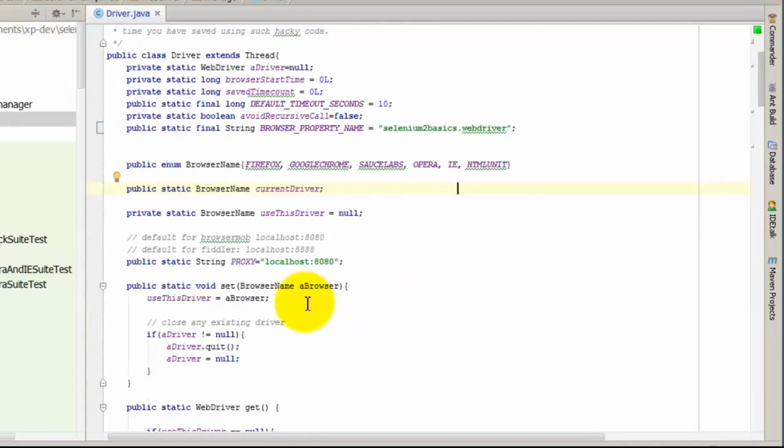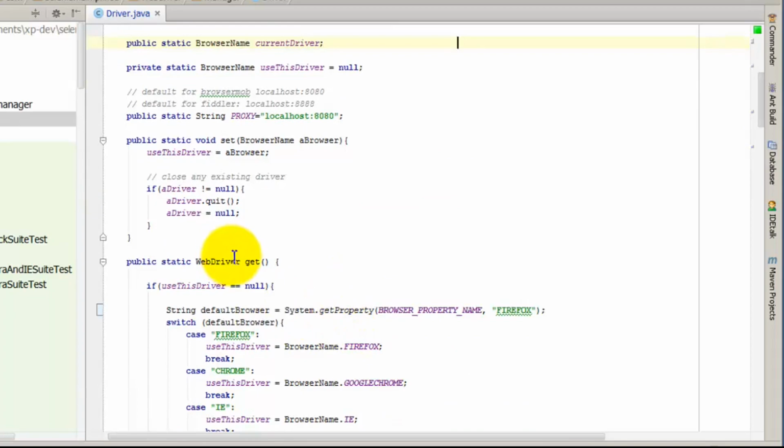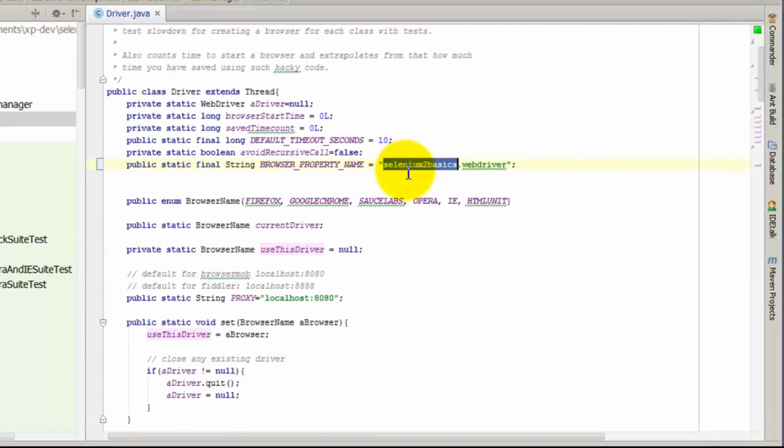So you can see here I have the option to set the browser from within the tests. So in my tests I can say driver.set to a particular browser. Great. What I really want is when I do driver get, if we haven't set a driver, that it knows how to go and get it. So the way that I'm doing that is I am using a system property called